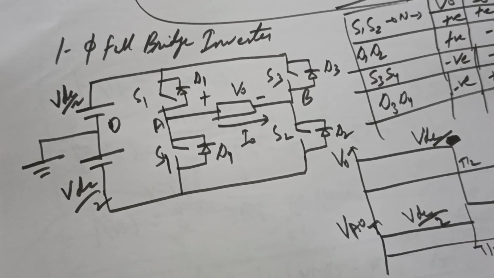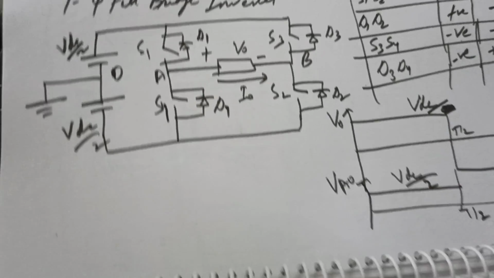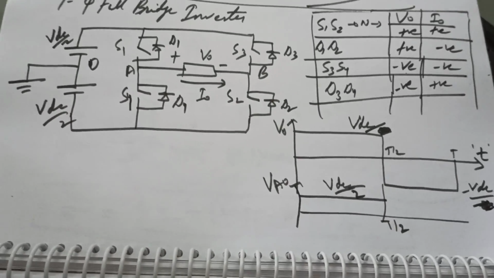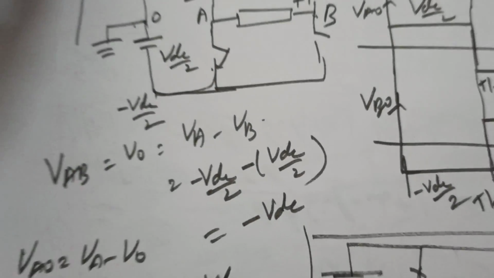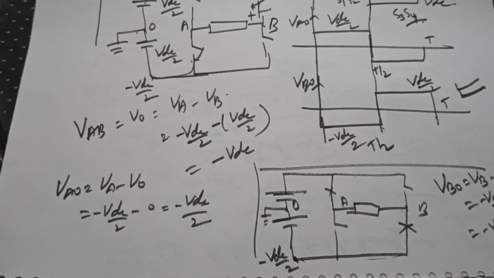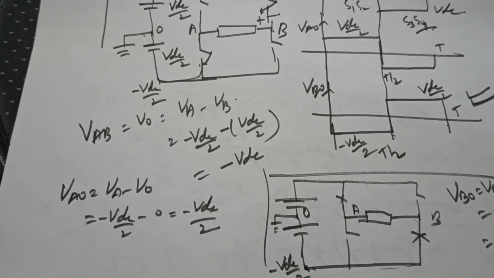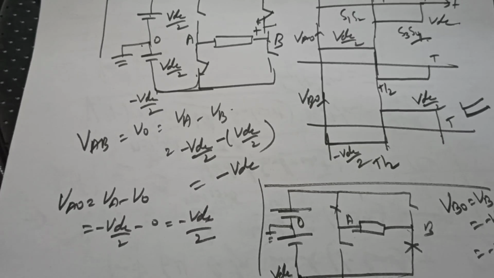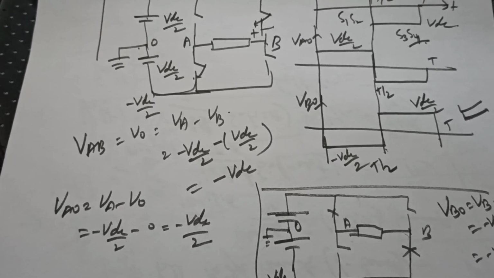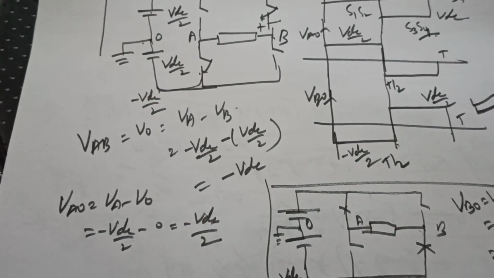Now if this is clear, then our discussion becomes very easy. Then we can straight away comment on which switches are conducting in which interval of time. Now I'm coming back to this part. Okay, VA0 and VB0 are plotted. Every pole voltage can be defined very easily at every time. Now VAB, when S1 S2 are conducting, is nothing but VA0 minus VB0. Yes, it is very clear.